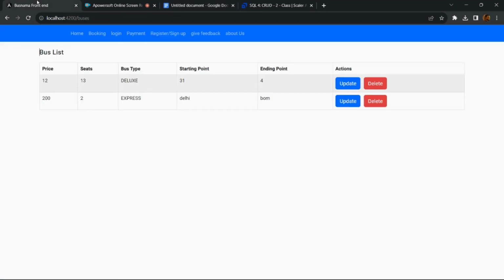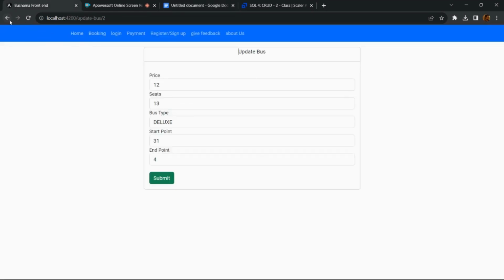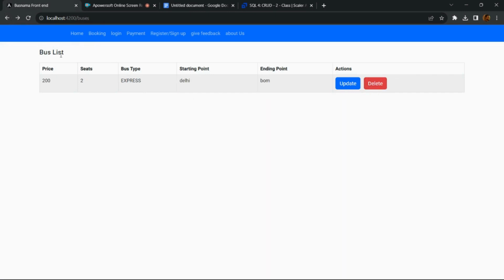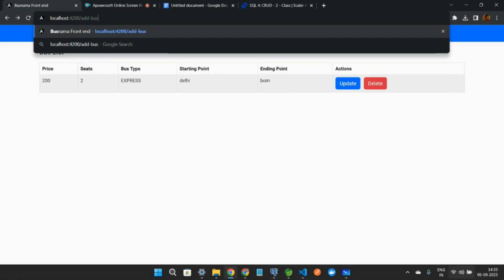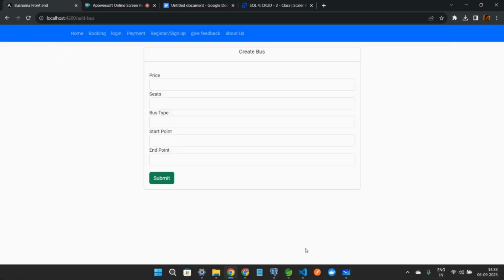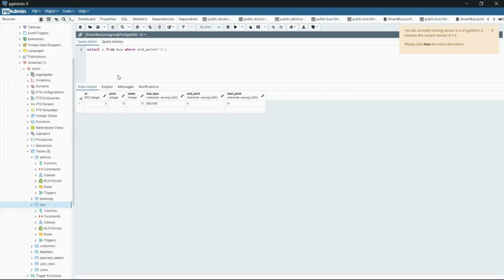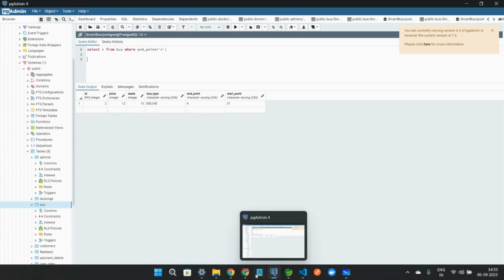So I can show here. If you see in the front end, we can update the details, we can delete the details, and we can add the details. So the same thing we can do here in the database also. Then after that,